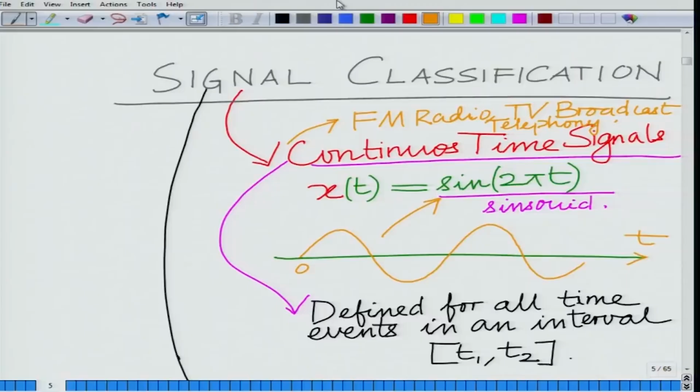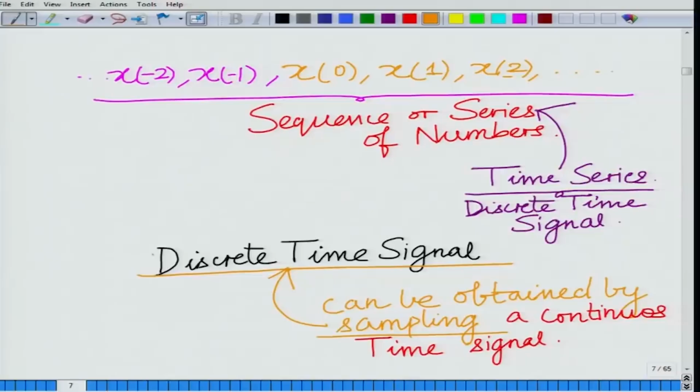And examples of discrete time systems would be the more modern communication systems. Of course, these are just in communication because these are easier to understand. Pick any modern 3G, 4G or your GSM, which is a 2G